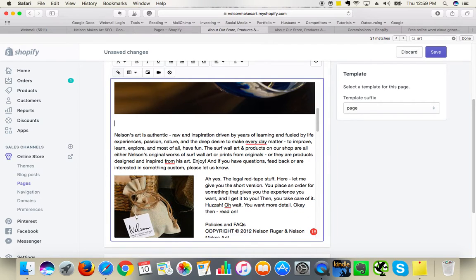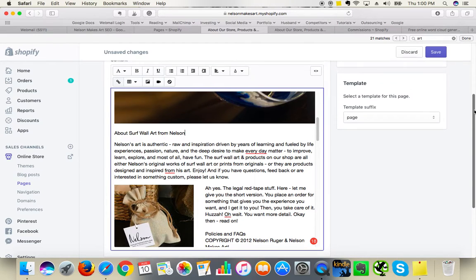I like to use H2 for the headings within the text as the main headings, and if there are some smaller ones, I like to use H3 and H4. It all depends on the particular template. I'm going to use about circle art from Nelson. So this is an example, just to let you know that this is an example because this page will be changed. I'll need to update the text that will be